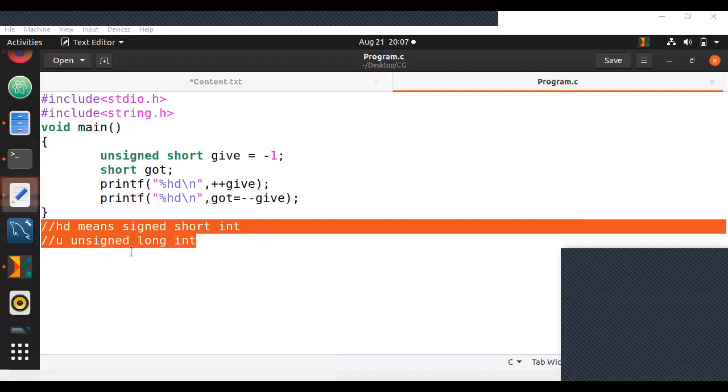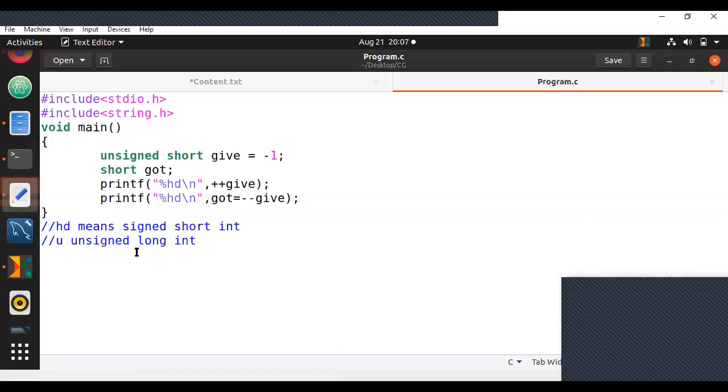Perfect. Now, I have to ask you guys one question. How many of you are familiar with C++? Because tomorrow we're going to start with C++. How many of you are familiar with it? And how many of you feel that it is very new to you guys?